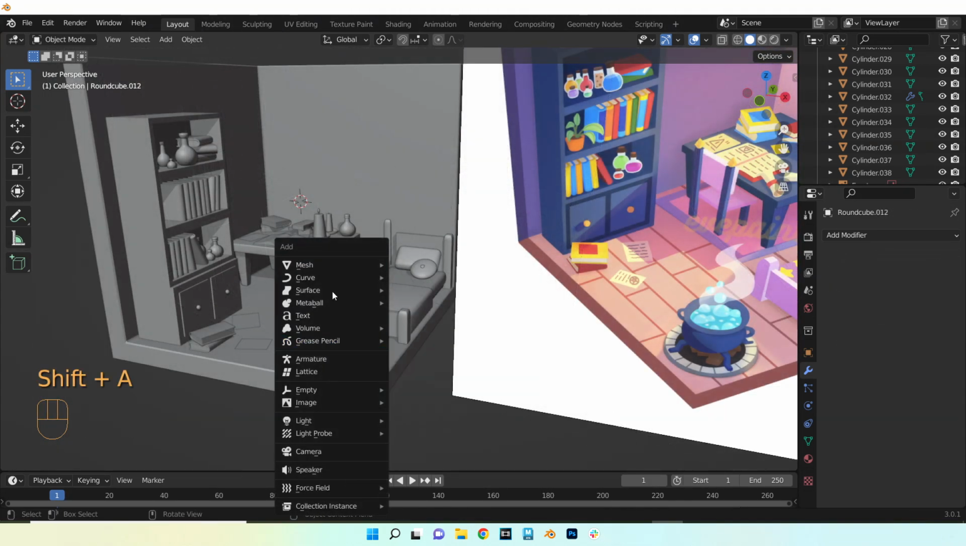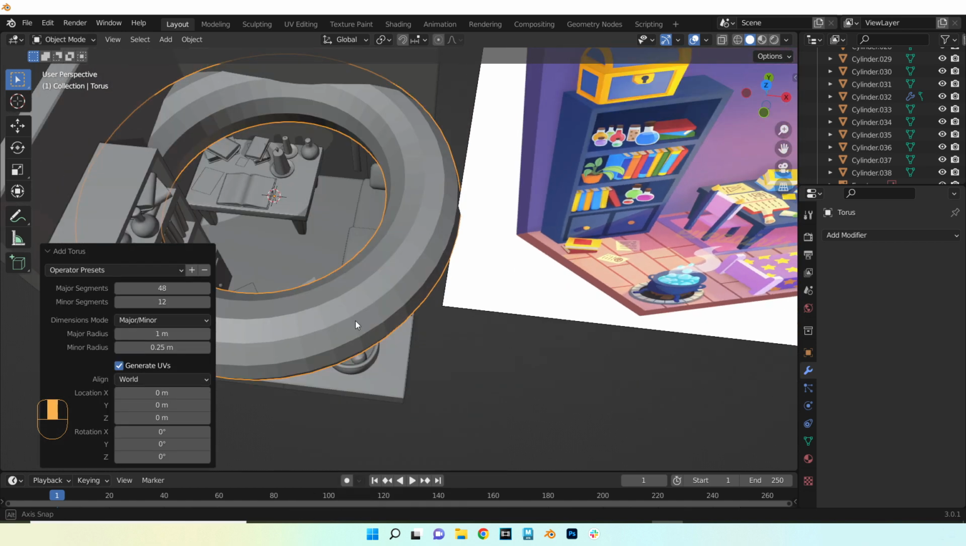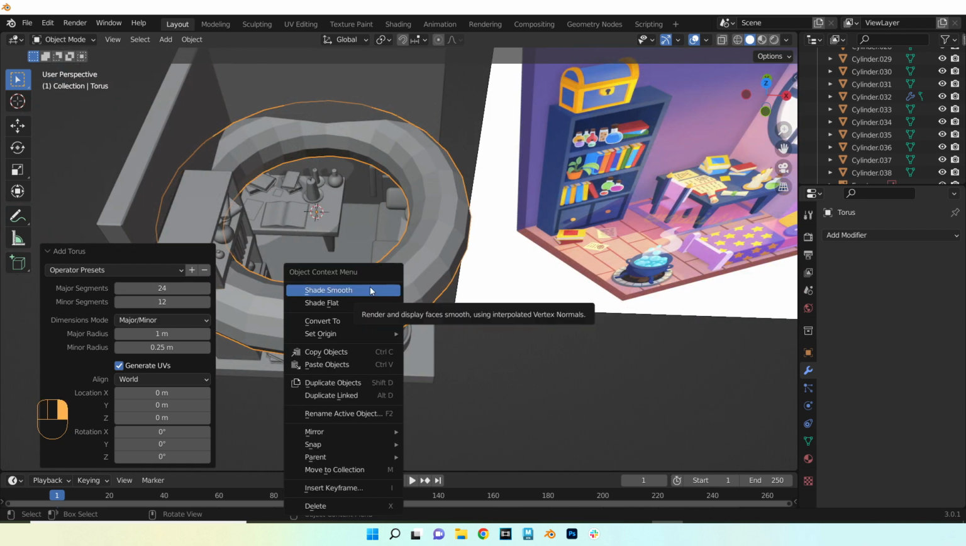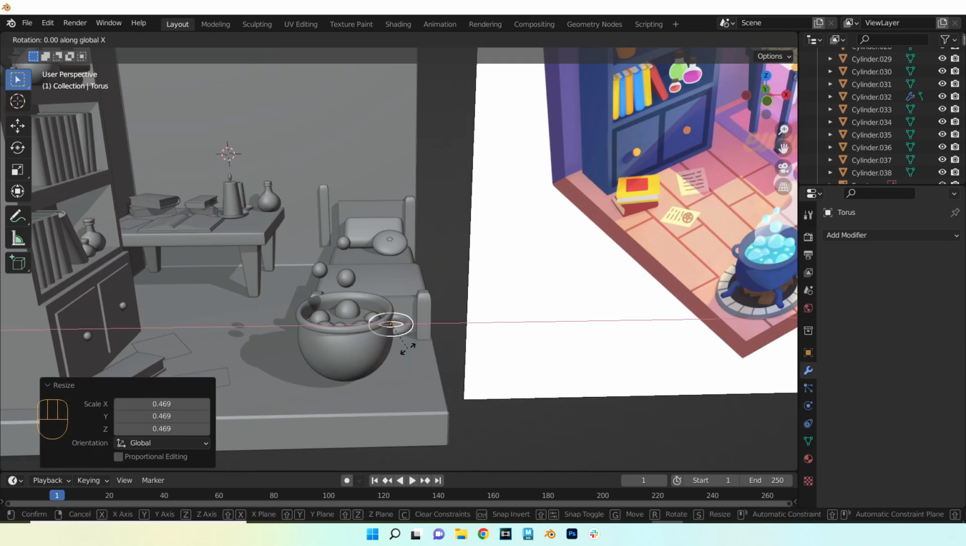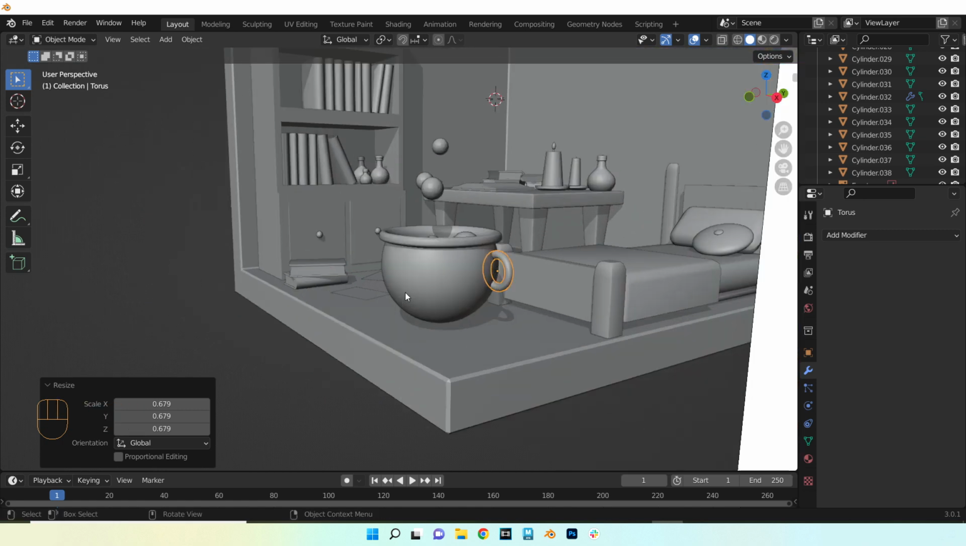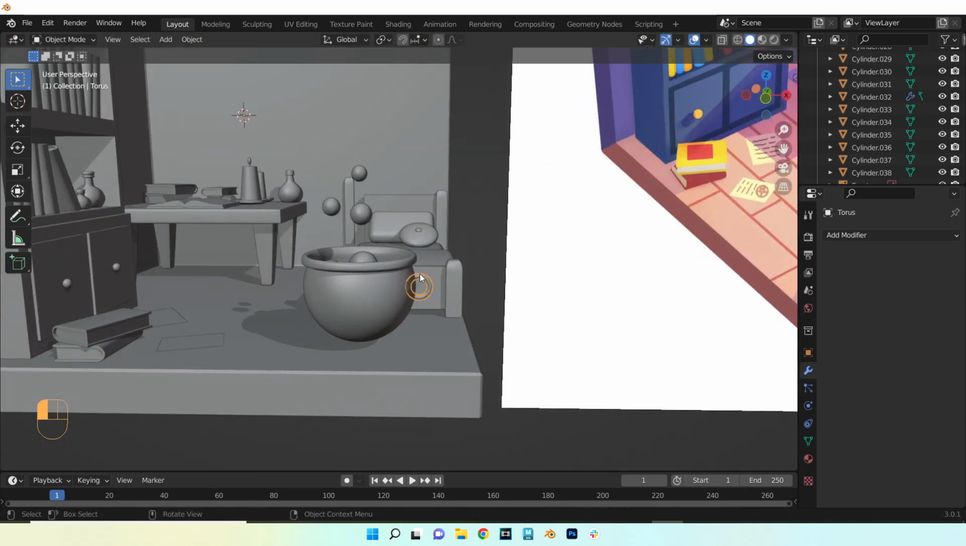Next, let's make the handles. Press Shift A and add a torus. Reduce the number of segments from here. That reduces the polygons in the model. Then right click and choose Shade Smooth. Scale the torus down with S and position it on the cauldron with G. After you're happy with the positioning, press Shift D to duplicate the torus and move it to the other side